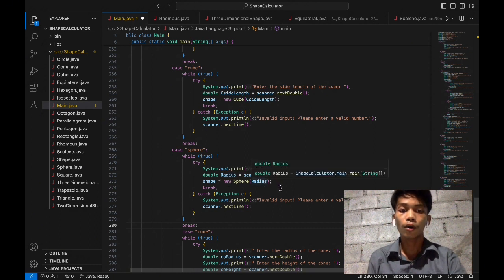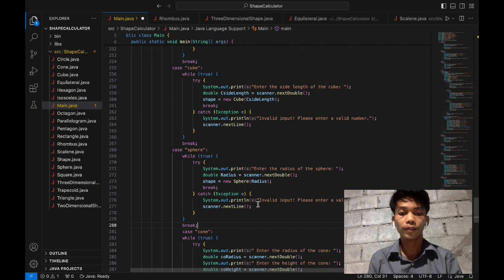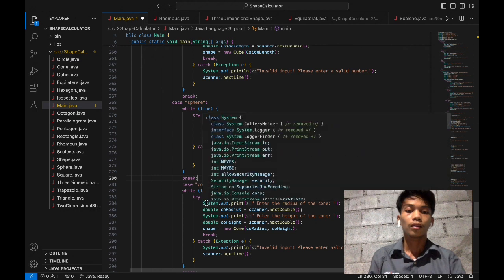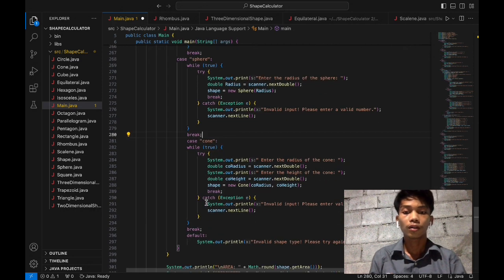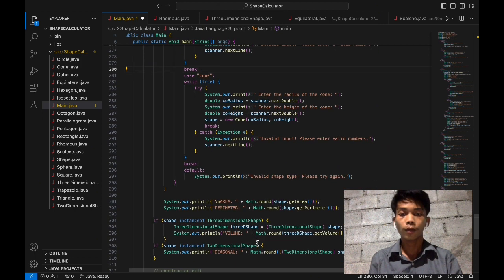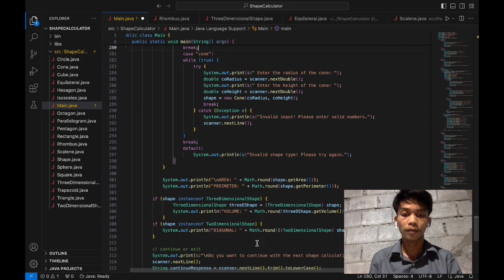For a cone, we need both the radius and the height. With these measurements, it will create a new cone object. If an invalid shape is entered, we inform the user and prompt again. After selecting a shape and entering the required dimensions, it will calculate and display the properties, which are the area and the perimeter.